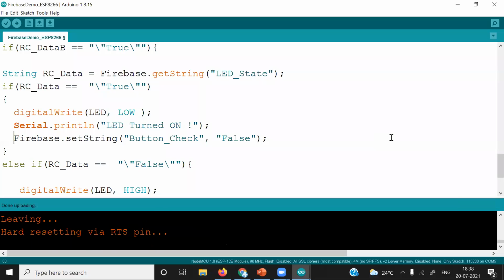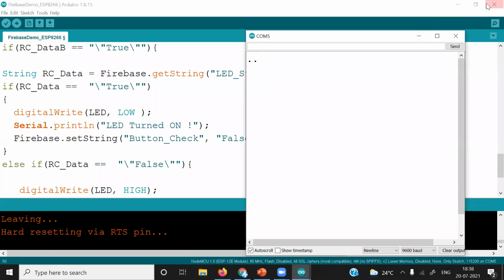It is 100%. We'll just open the serial monitor now. Okay, it is connected to our hotspot.